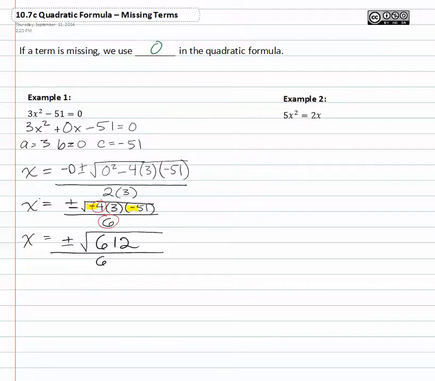The reason we can do that is if we take this 4 outside the radical, it would be plus or minus 2. So let's put a 2 out front. So we're going to have x is equal to plus or minus 2 root 3 times 51,